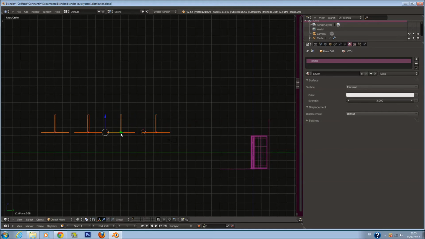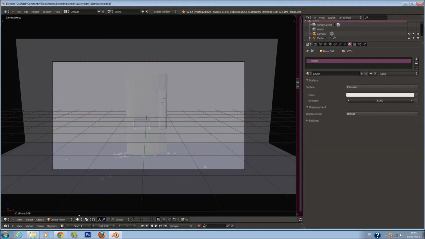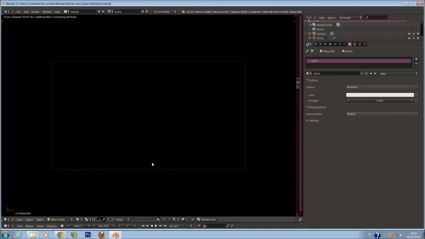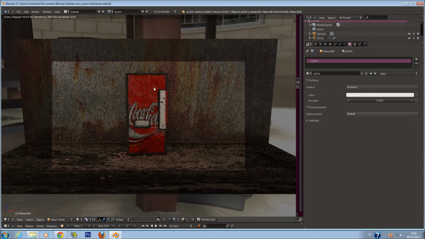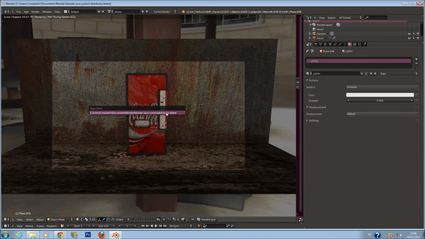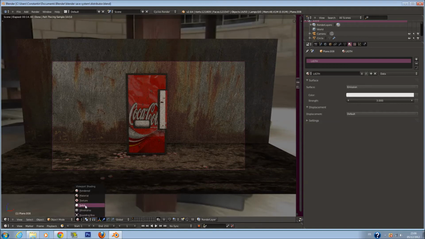So I will probably see the lights during the render, probably. Yeah, we see the lights just a little bit here. Okay, so it's good,